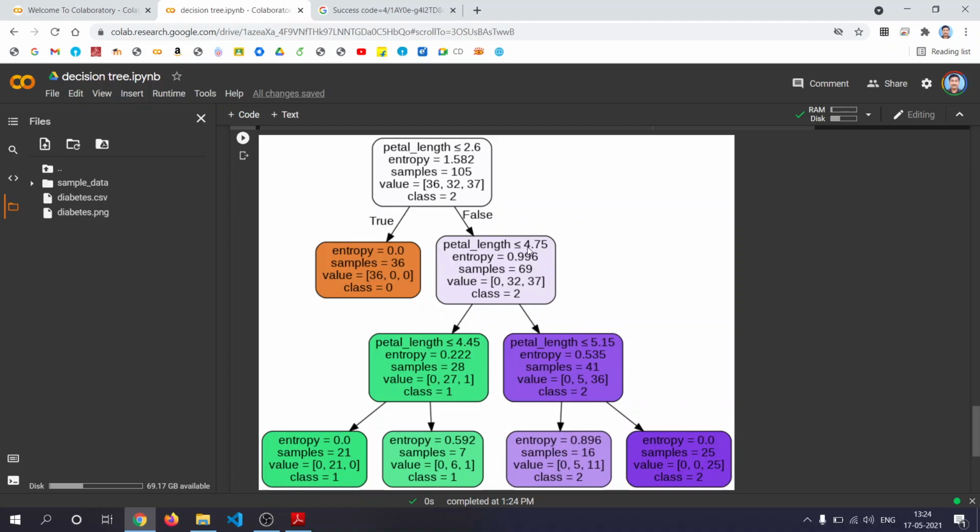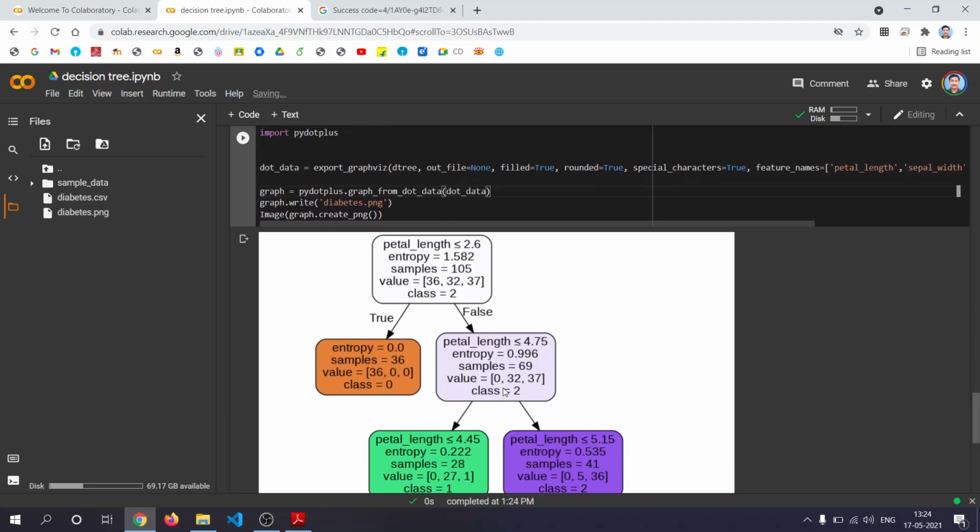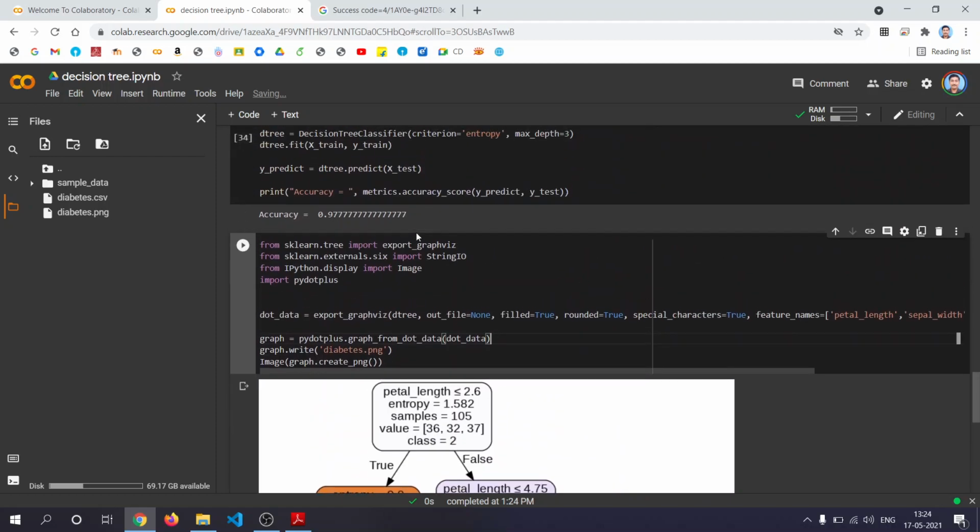Less than 4.75 then class 1, greater than 4.75 class 2, like that it is divided. So you can see how the values have been split. And this gives you 97.7% accuracy, right? So that's a simple implementation of the decision tree algorithm using the Indian diabetes dataset and the iris flower dataset.